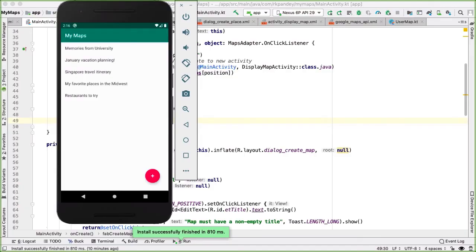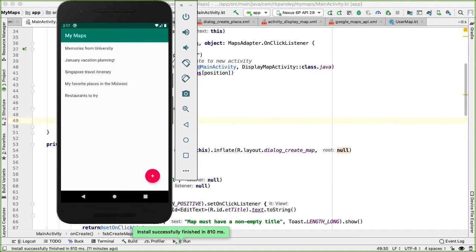In the last video, we finished up the creation flow in our My Maps application. However, there was an issue in that whatever data the user creates, whatever new map that the user creates, is transient, in the sense that if the app gets killed, then whatever data the user has added into the app will get destroyed, and there's no way to retrieve it. So our goal for this video is to add persistence into the app by writing the data, the map data,